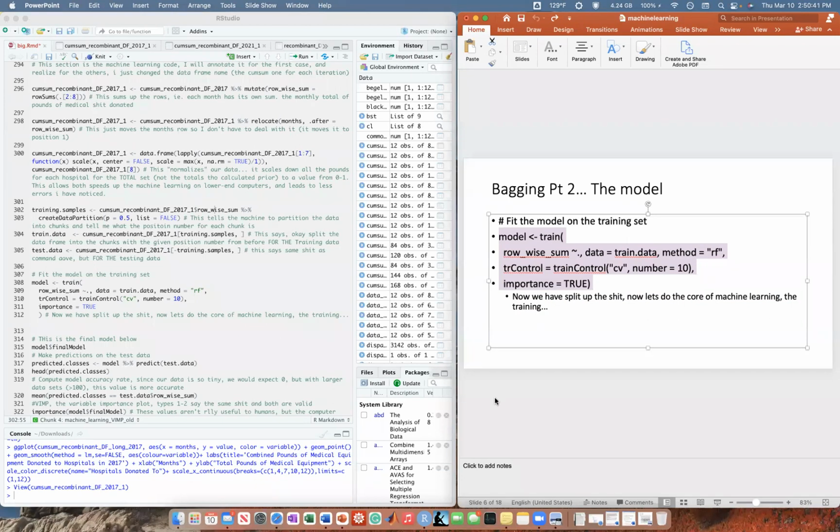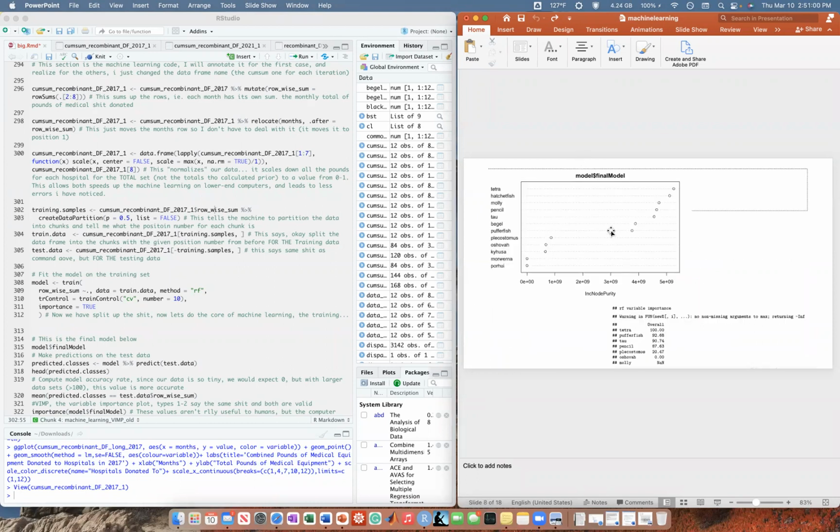But wait, I mentioned we're not just making trees, because trees don't tell us much. All these trees are telling us is, hey, we have a model for you, but what would you do with the trees? And this is where VIMPs come in, variable importance plots. So this is a variable importance plot. I didn't change any of the plots because this is just for a class, I'm teaching this project.